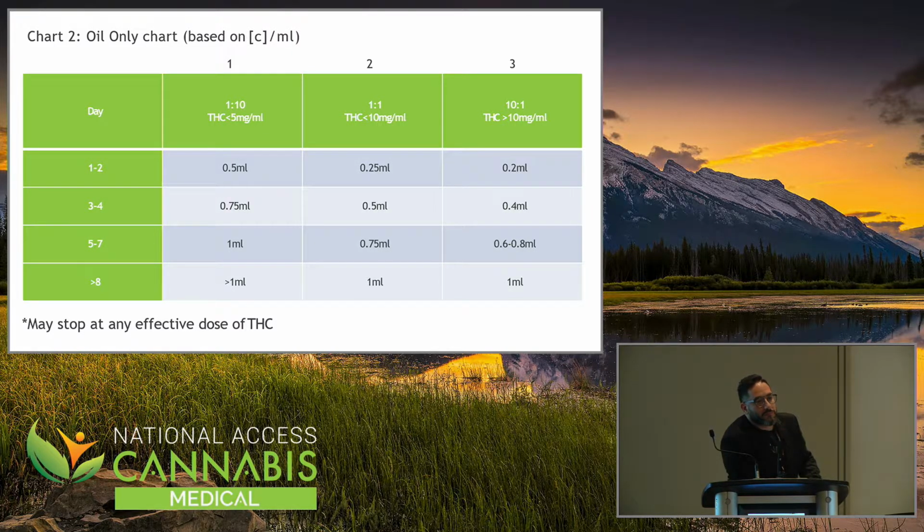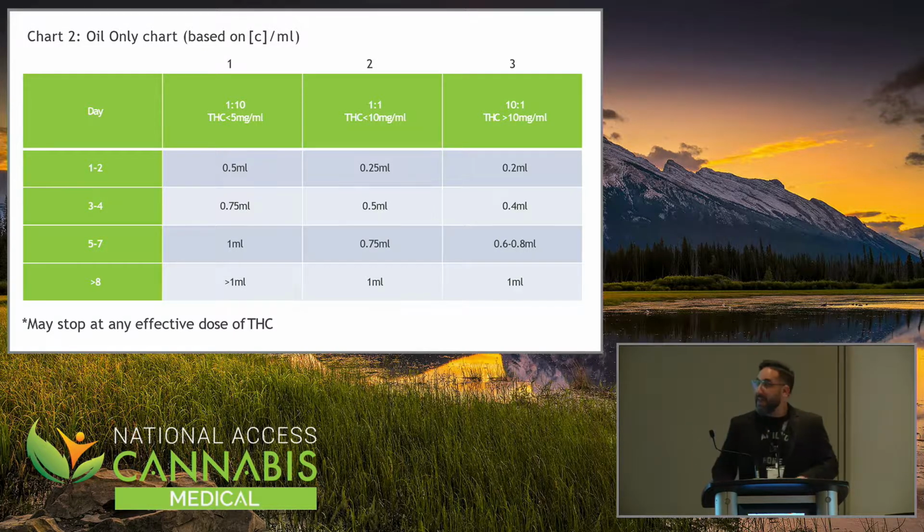The comparison of the ingestion protocol versus the vape protocol, perhaps I'm missing something in the math. I don't think I am. No, they're very different. Yes. With vaping, you're getting a lot more milligrams than you are from ingesting. Yeah, it's huge, and that's because of metabolism. It's so variable.